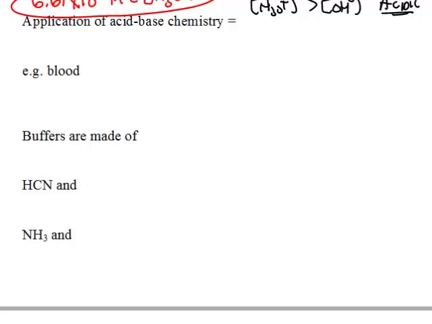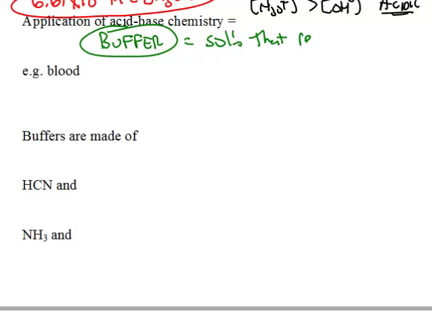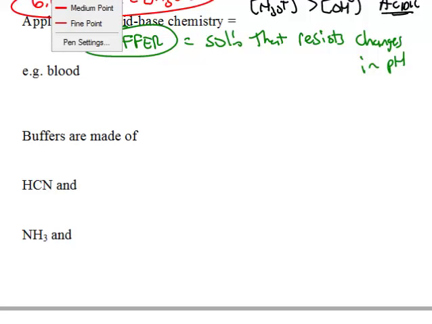The last topic in acids and bases is an application. An application that uses acids and bases is a chemical mixture called a buffer. A buffer is a solution that resists changes in the pH. It doesn't eliminate all changes in pH. It just makes it so that if an acid or a base is added to it, the pH won't change